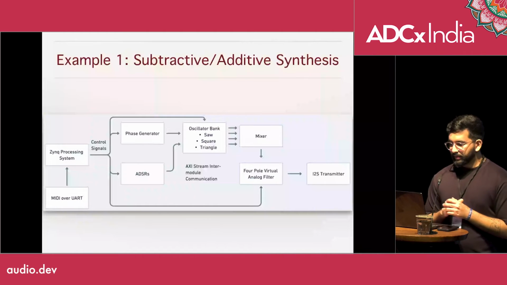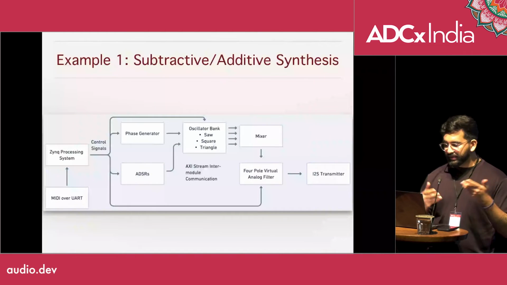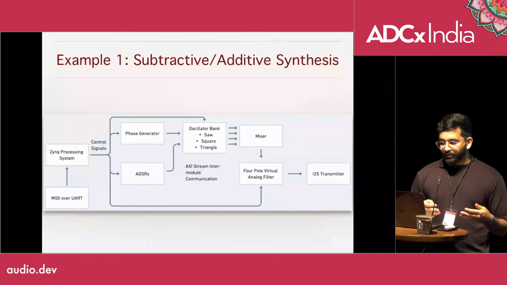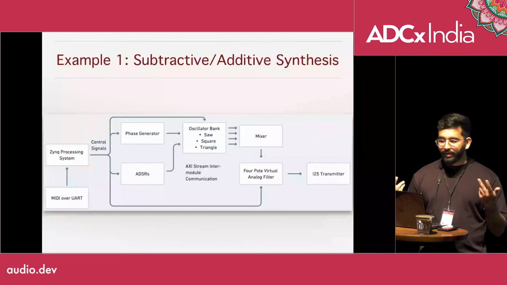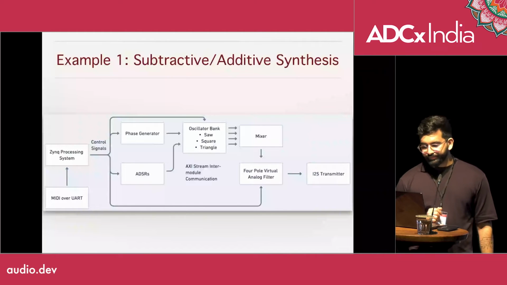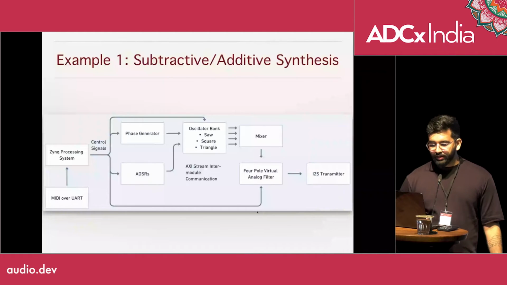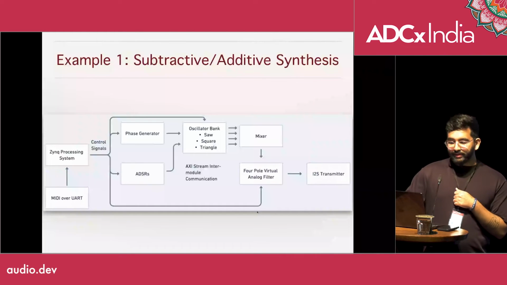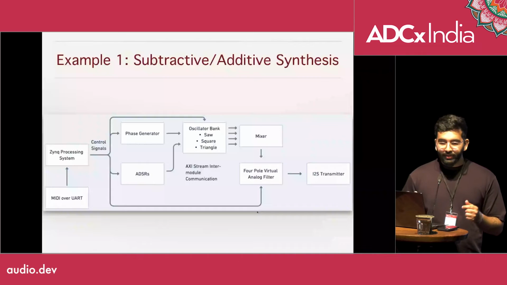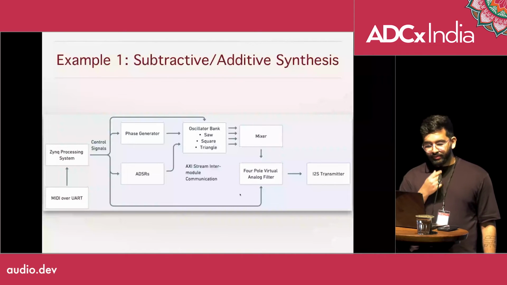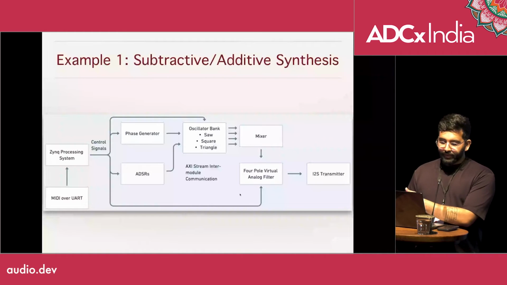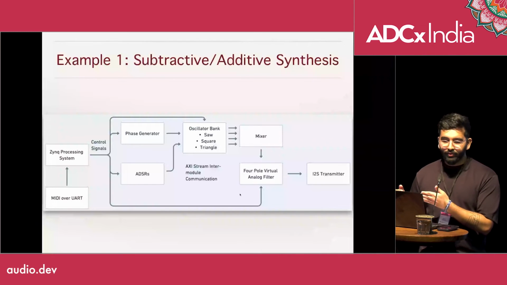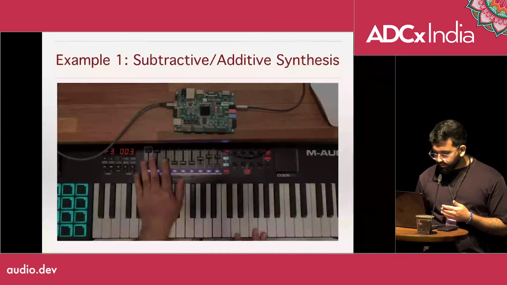The first one is subtractive and additive synthesis, a combination of both, because we have an oscillator bank with 4 outputs. It goes through a virtual analog Moog emulation filter. These are basically the IP blocks that we are using. This design also shows the Zynq processing system, which is the CPU that has all the control signals, controlling all of the different IP cores. That's sent to the I2S transmitter, which does data conversion for the audio codec to understand. So here's a quick demo of that.